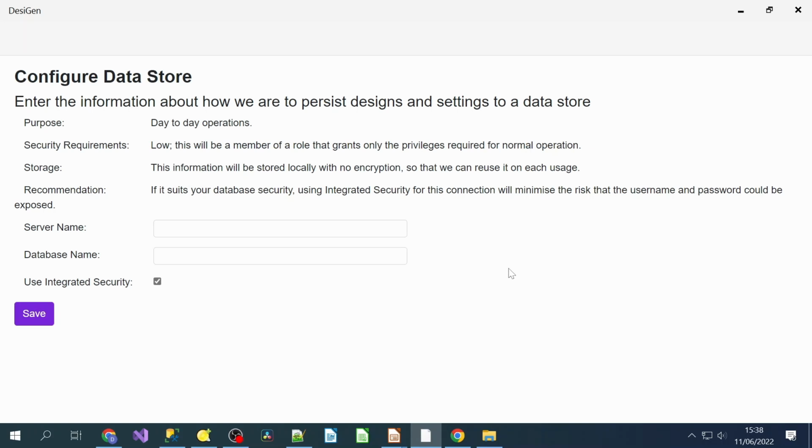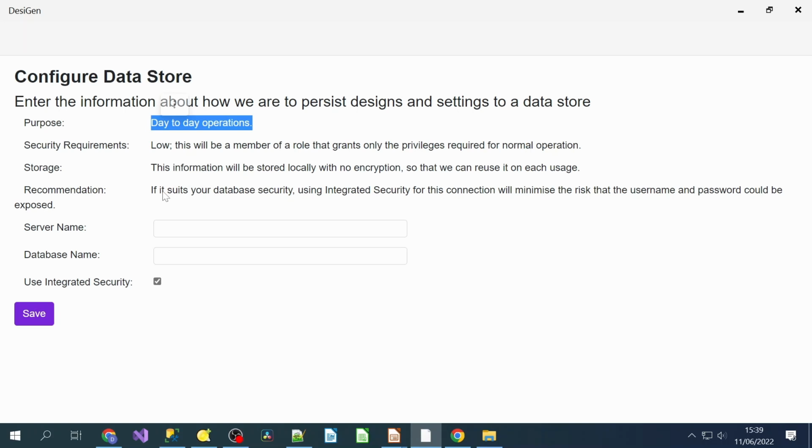And for everyday access to the DesiGen database in which all your designs will be stored, you do not need a very high level of rights. So what this prompt is asking you to do is enter the everyday credentials for accessing the database on a day-to-day basis. What you need for that to be suitable is that it can connect to the database that you've created. You should already have created that at this point. And we will make it a member of the security role that gets created for you, and that's all it needs to do. So it doesn't need to have DBO or SA type privileges in any way, shape or form